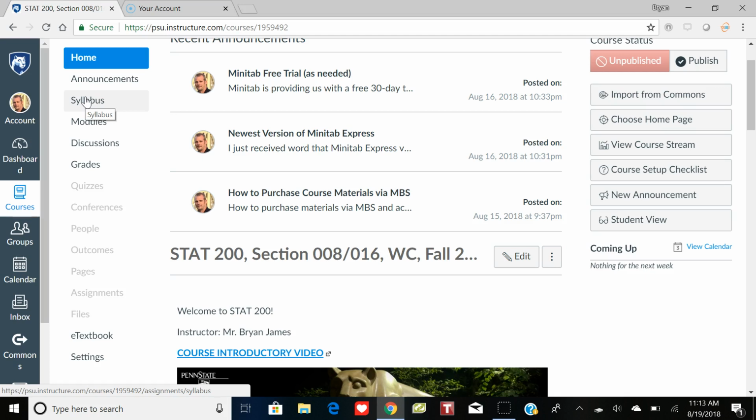All the late policies, all those types of things are in the syllabus when you read that. Basically, the idea is some of the overviews. You can't be late on a quiz or a test. All right, those are well defined for security reasons.